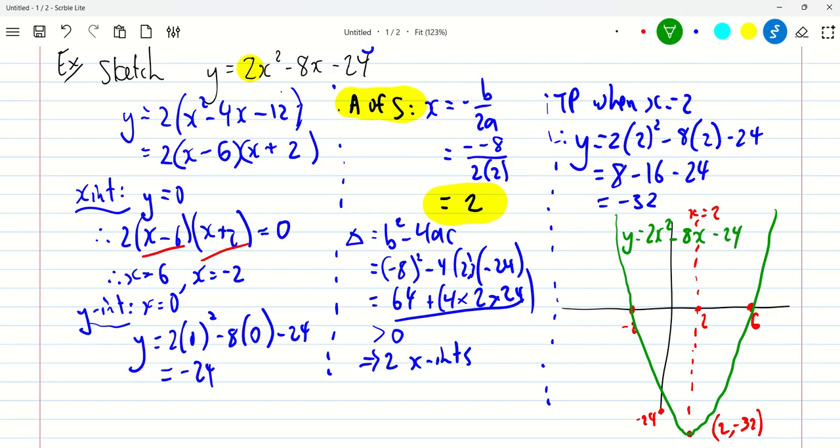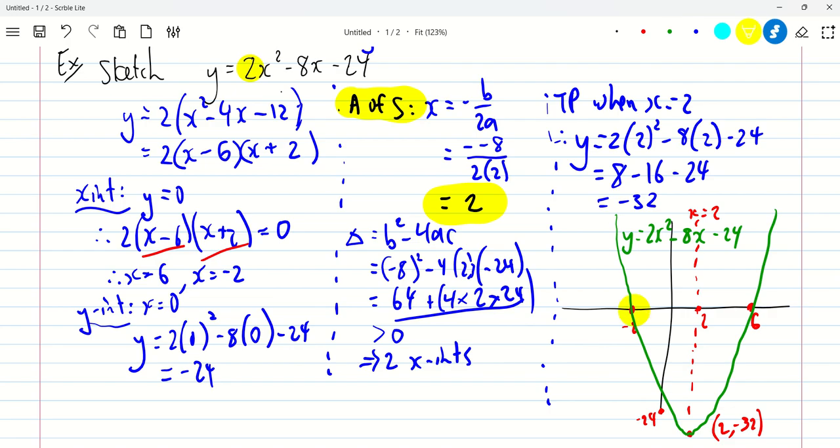You'd never do that much work, but you need to choose what information you need to be able to accurately sketch it. Normally I would attempt to factorize it to find my x-intercepts, maybe find the y-intercept, and I'd probably quickly find the turning point as well, either by completing the square or by just chucking it into the turning point formula. The other thing I didn't say, sorry, and I should mention this, is that if you